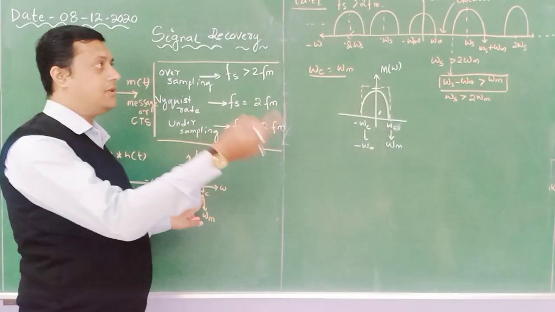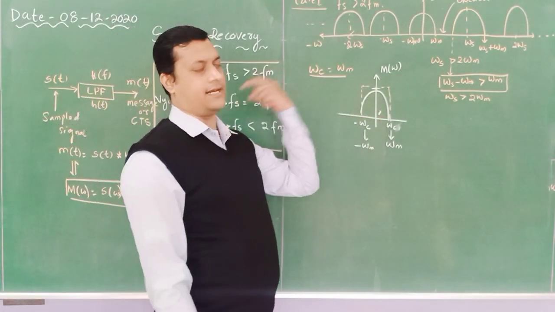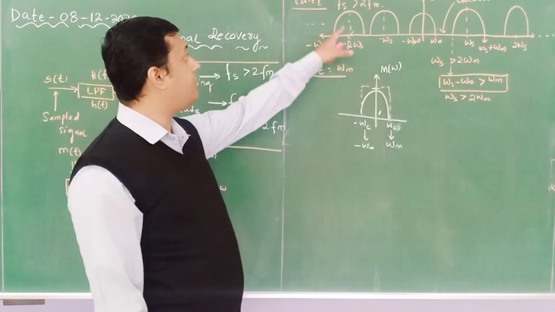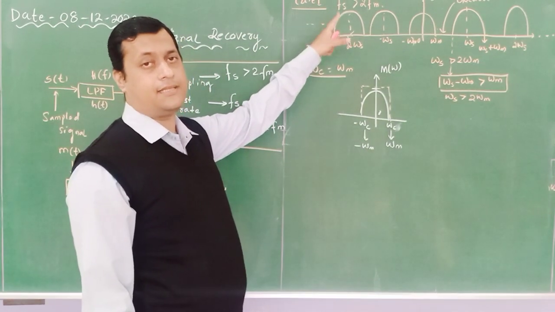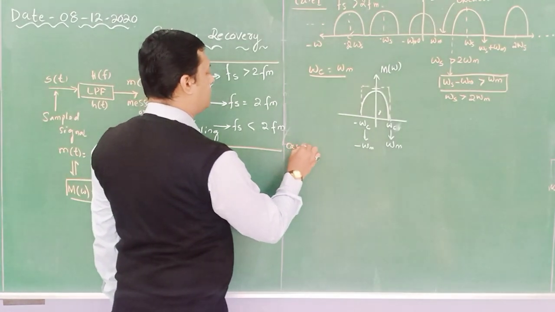If it is equal to omega m, that means it can easily extract the data. This is for the case fs greater than 2 fm. Similarly, case 2,